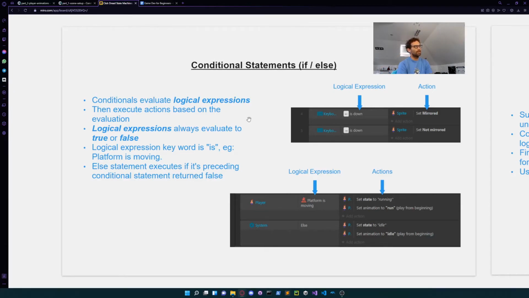They basically evaluate a logical expression, and a logical expression is shown in Construct as the condition here. Each of these evaluates, and then we obviously run the action based on that logical expression. Each of those logical expressions evaluates to true or false. So if it's true, then the action is run. If it's false, the action does not run, and the next line of code will be run. Okay, so